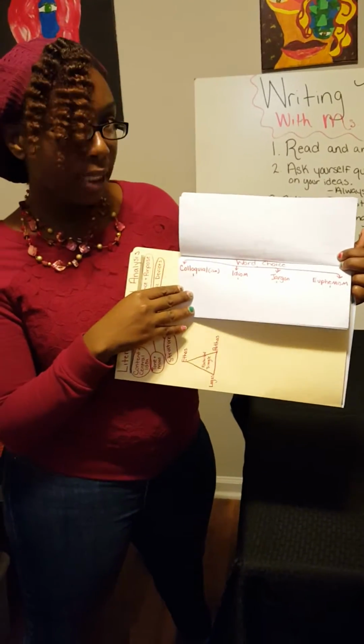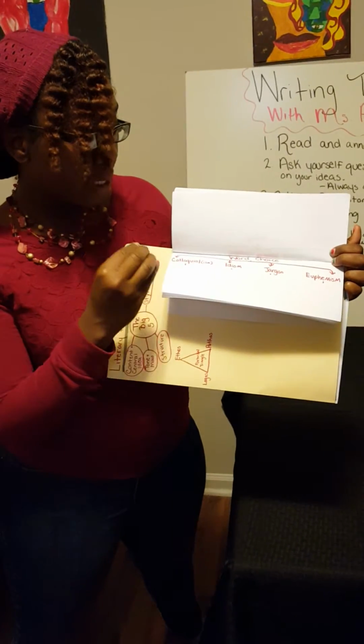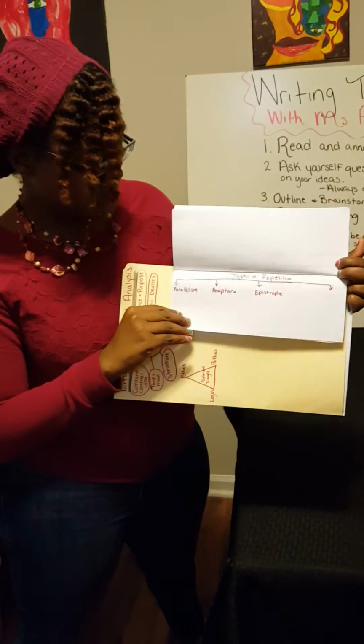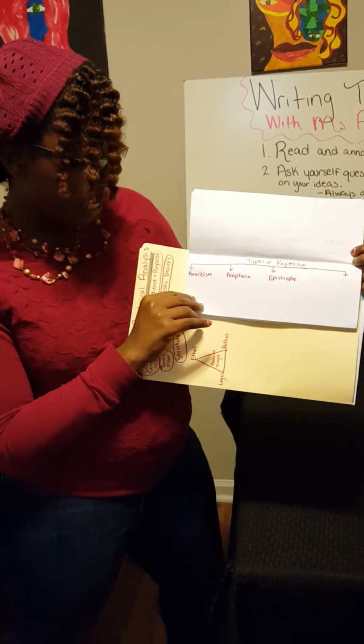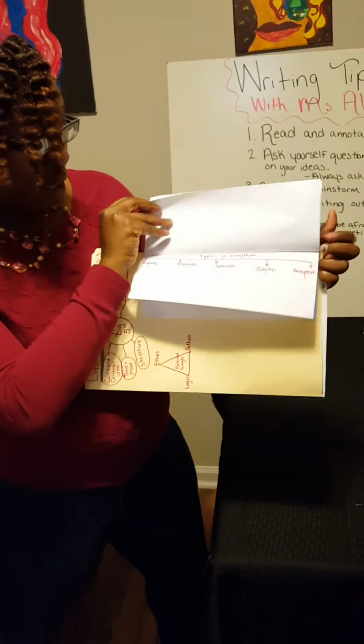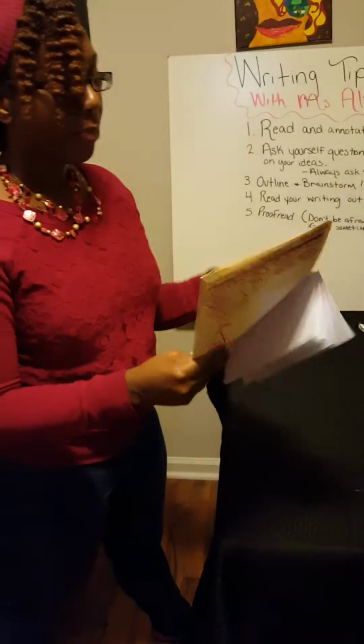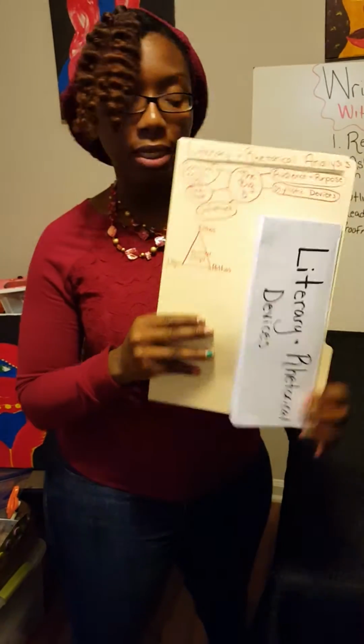Then we have word choice. So looking at colloquialisms, idioms, jargon, euphemisms. We have types of repetition. Then we have types of rhythm. All right. And I will give you a picture of these to break those down. All right, when we open our folder,